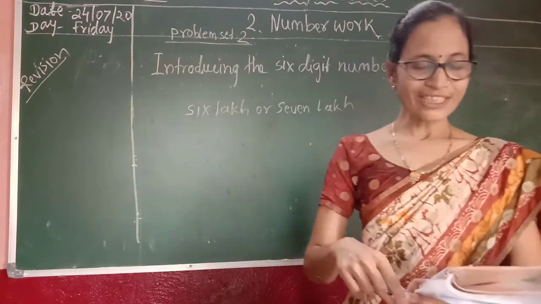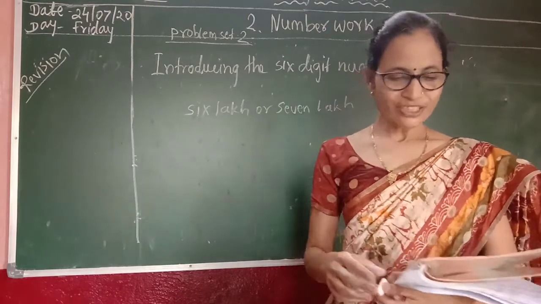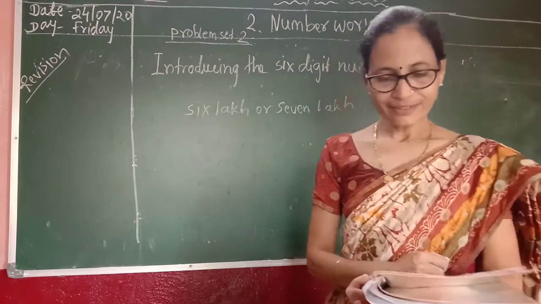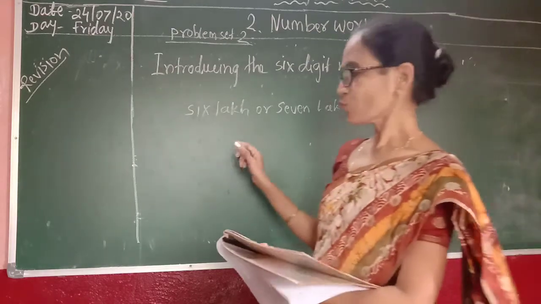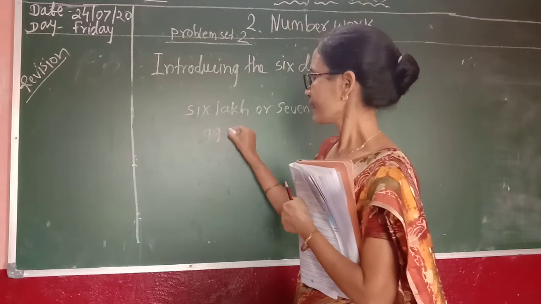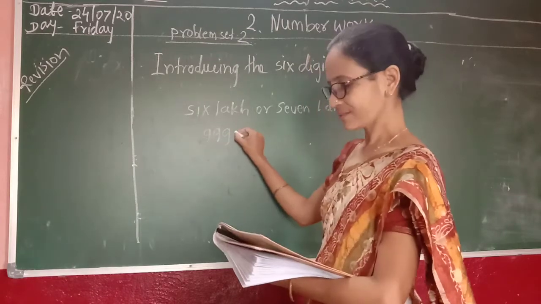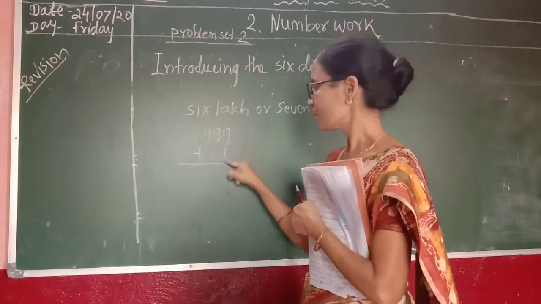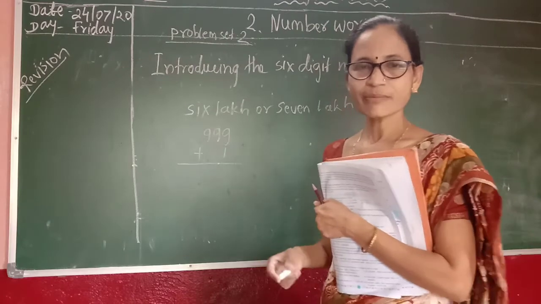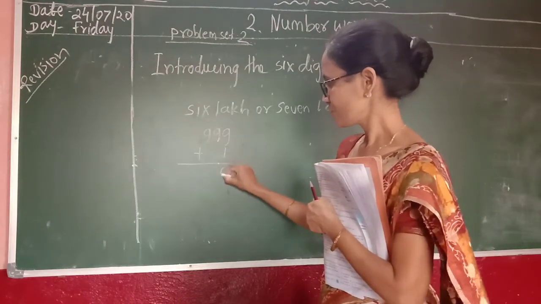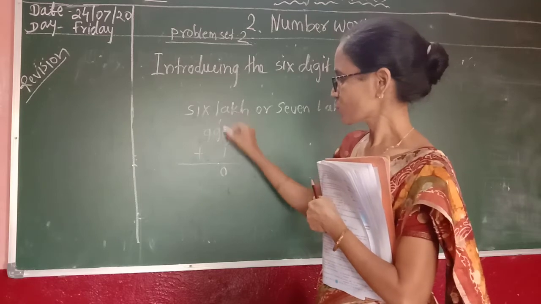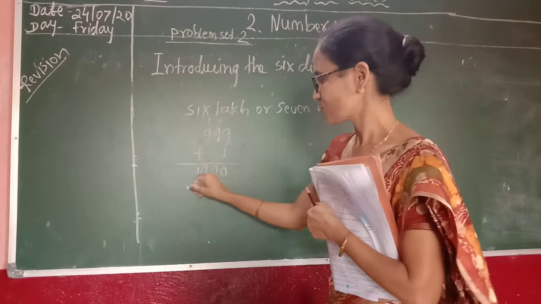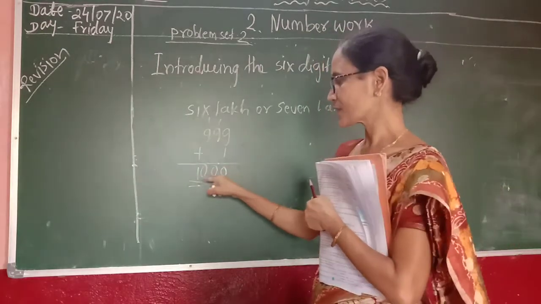Do you know exactly how much 1 lakh is? Don't know? You know that? No. Okay. For example, what is 9,999 plus 1? If we add 1 to 9,999, what number is there? 9 plus 1, 10, 0, 1 carry. 9 plus 1, 0, 10, 1 carry. 9 plus 1, 0, that is 1000. This is a 4-digit number.